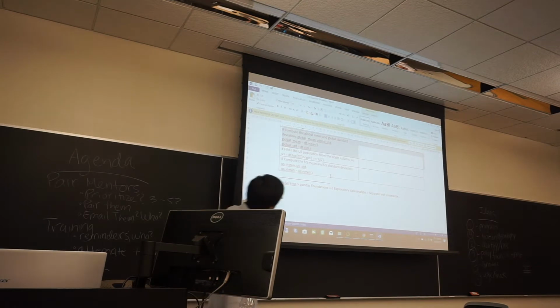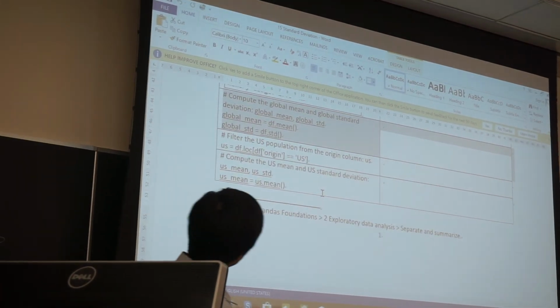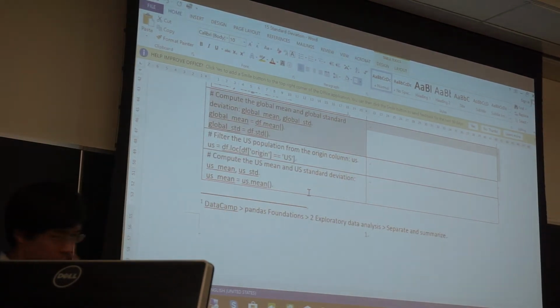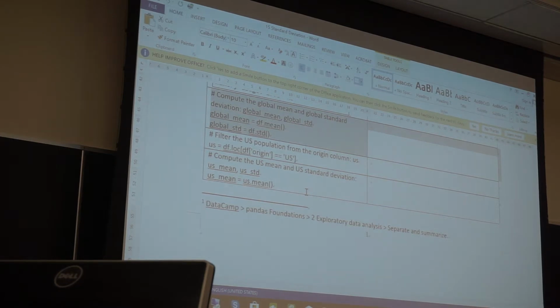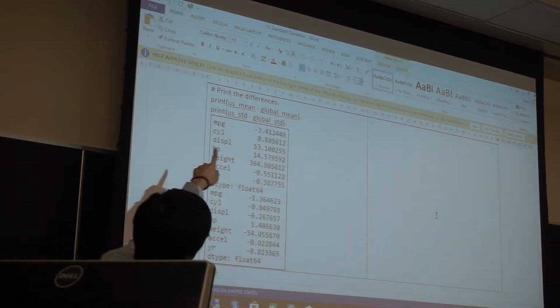So in this case, you say I only want data from US, and then next you can say, okay, I want to find the mean and standard deviation from US. And once you've done that, then you can print out the